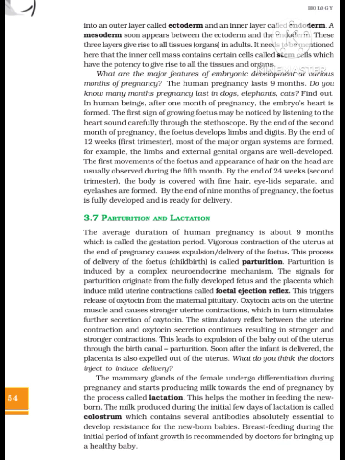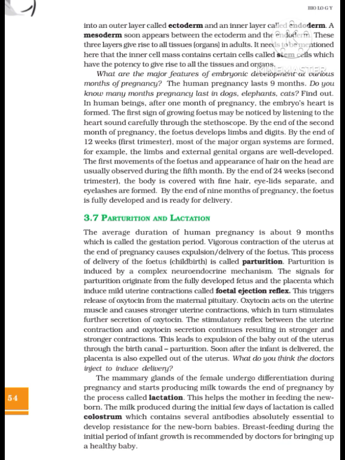The average duration of human pregnancy is about 9 months, which is called the gestation period. Vigorous contraction of the uterus at the end of pregnancy causes expulsion/delivery of the foetus. This process of delivery of the foetus, childbirth, is called parturition. Parturition is induced by a complex neuroendocrine mechanism. The signals for parturition originate from the fully developed foetus and the placenta, which induce mild uterine contractions called fetal